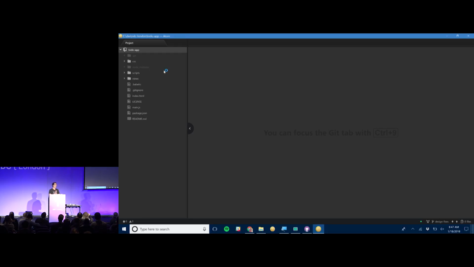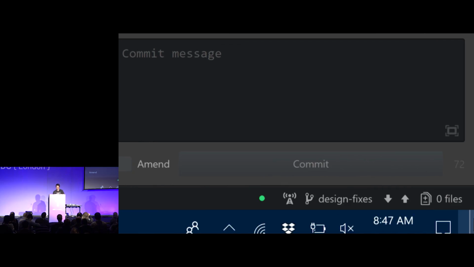And one of the things that we've added to Atom is Git and GitHub support. So if you hit Control-Shift-9, you can see the Git pane. And it's a little hard to see, but way down here, you can see the branch chooser. So I'm going to,